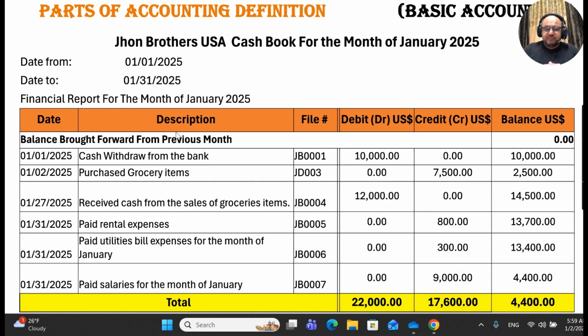Even if they are using QuickBooks software, they need to prepare a cash book for putting all the records of their financial transactions, for preparing the monthly financial report, the quarterly report of 3 months, the semi-annual or 6 months financial report, and the annual financial report. And on the basis of these cash books, we prepare the ledger accounts, trial balances, balance sheets, profit and loss sheets,